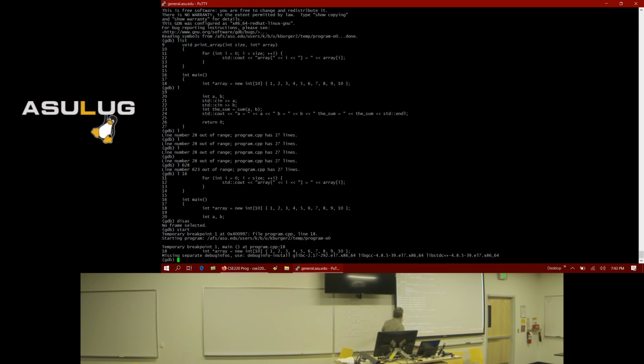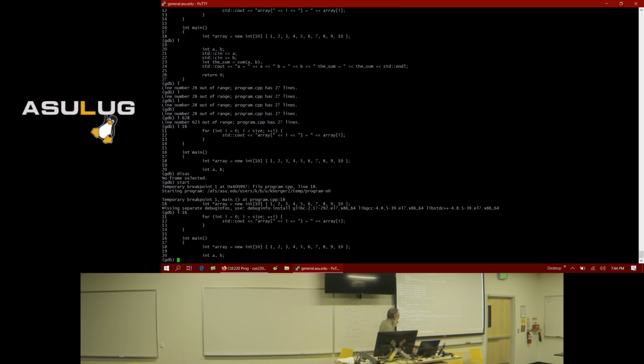All of this verbiage basically says that right now the next statement that's going to be executed is this one, which happens to be the first statement inside my main function. If I list my main function, this is just telling me that now that I've started, the first line that's going to be executed is that one.